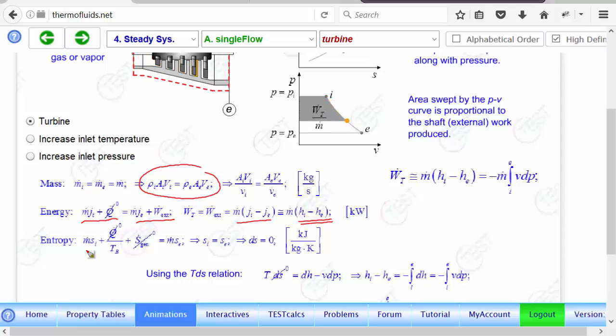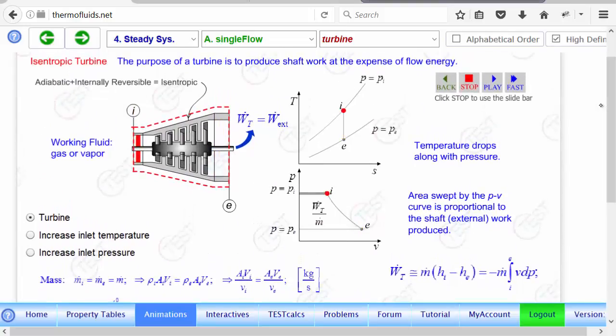Likewise, the entropy equation, as you can see, we already discussed for a generic device. You can see for this turbine, this is the entropy that goes in. And if it is isentropic, that means this goes to zero. It's reversible. Therefore, no entropy generation, no heat transfer, and we get back isentropic. We proved that it's isentropic when there is no heat transfer and no friction in the system. So you got to kind of memorize that, for any device this will be true. Okay, and the turbine efficiency,